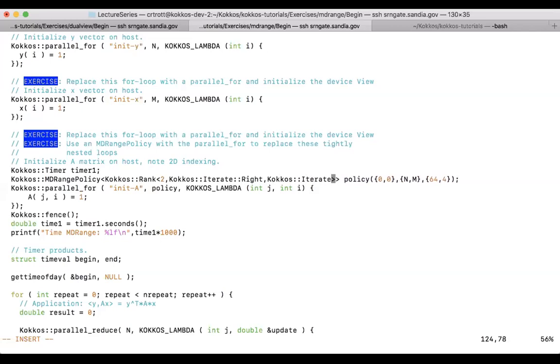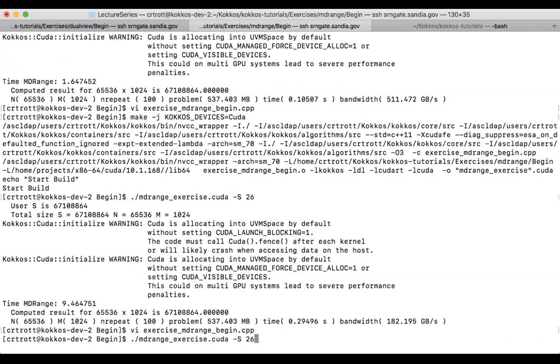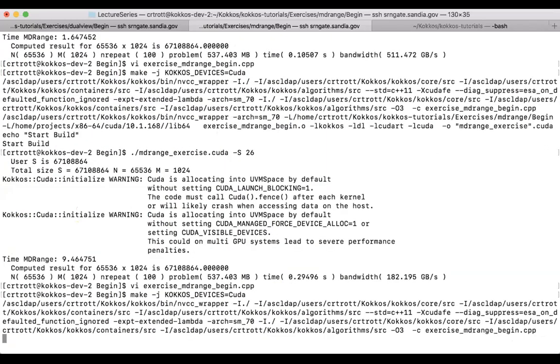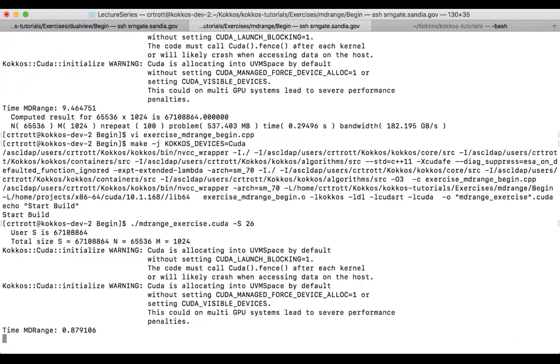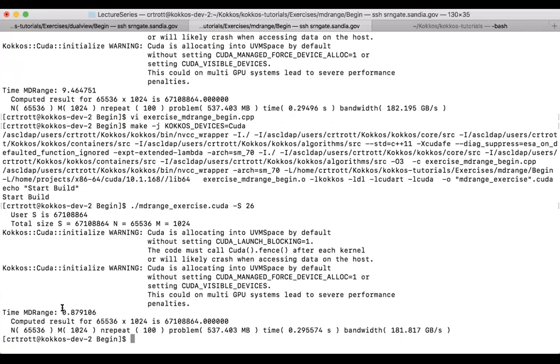Kokkos iterate, and to also swap this around. We are back to the performance, about 0.9 milliseconds, which we had for the layout left case,